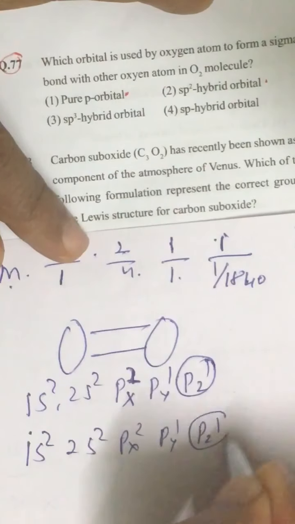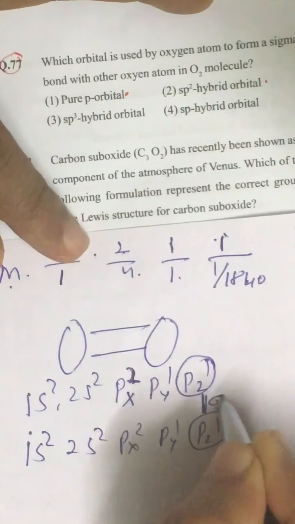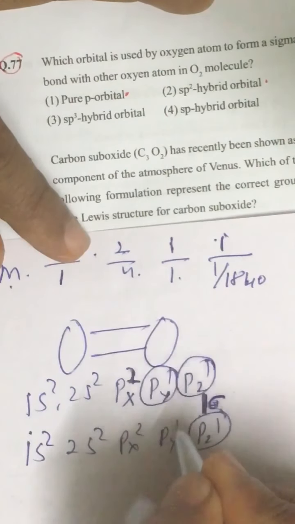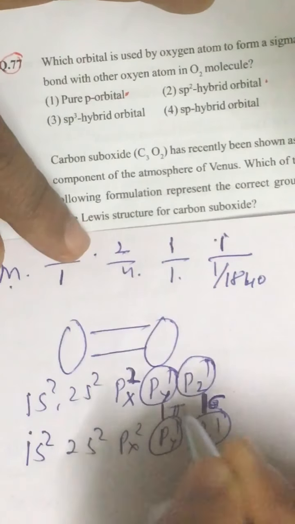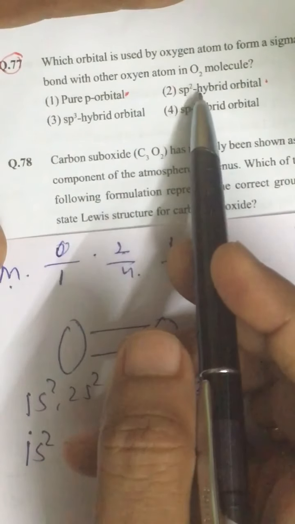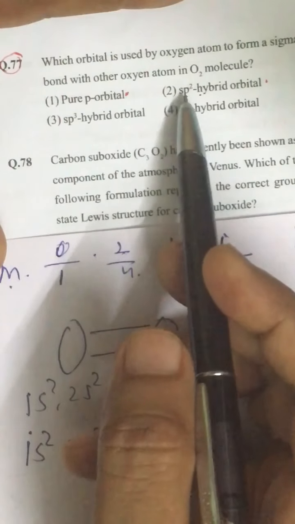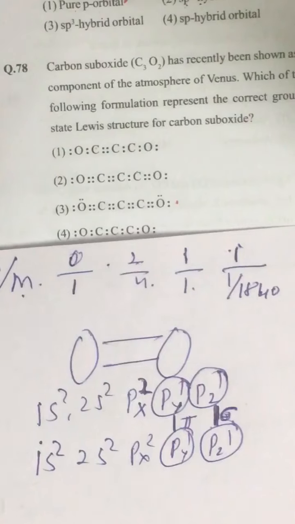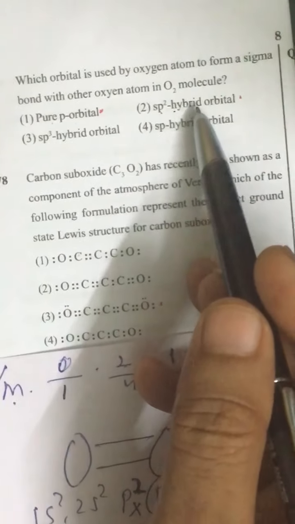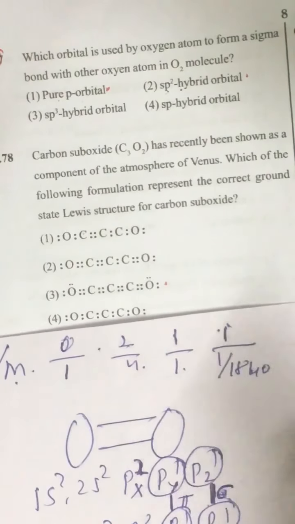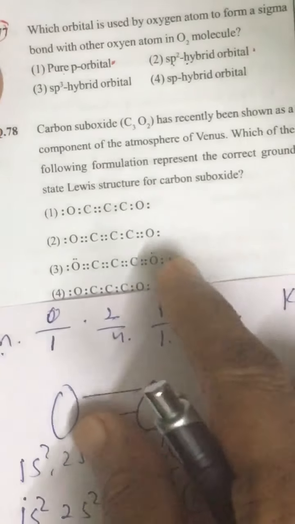Between pz and pz, overlapping produces a sigma bond. So this is the bond it is talking about. And between py, lateral overlapping, it is a pi bond. Alright. So in this question paper, the answer given is the second option, but the correct answer is the first option. Okay. Even if you consider MOT, molecular orbital theory, this is wrong. And since it is in pure elemental state, it is not hybridized.